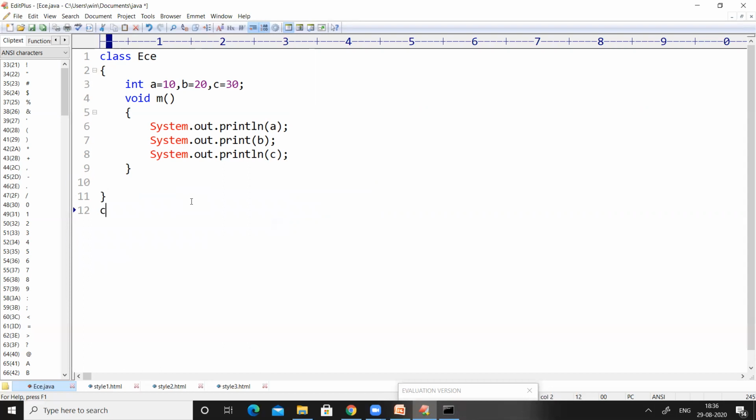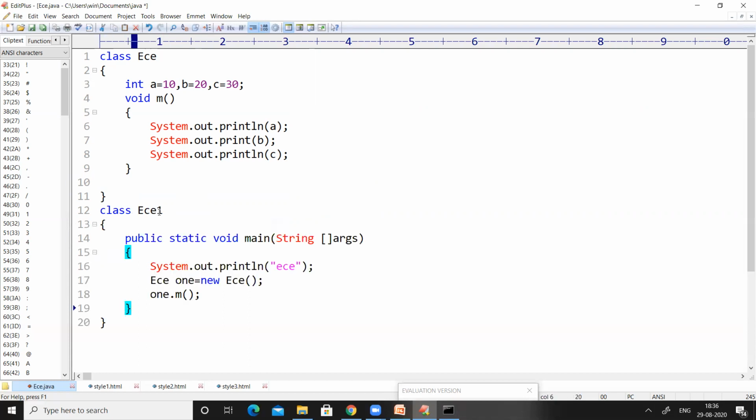For example, here I want to define a class ECE1, and inside the class, I want to write the main method. So in this particular program, there are two classes. In Java, we can have any number of classes for a single program. We have changed the program and used two classes.